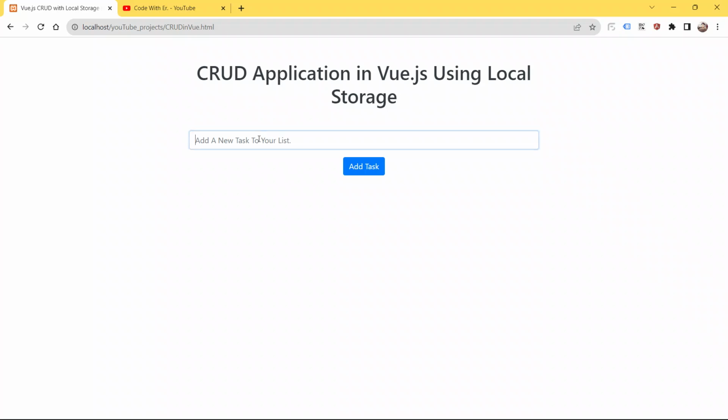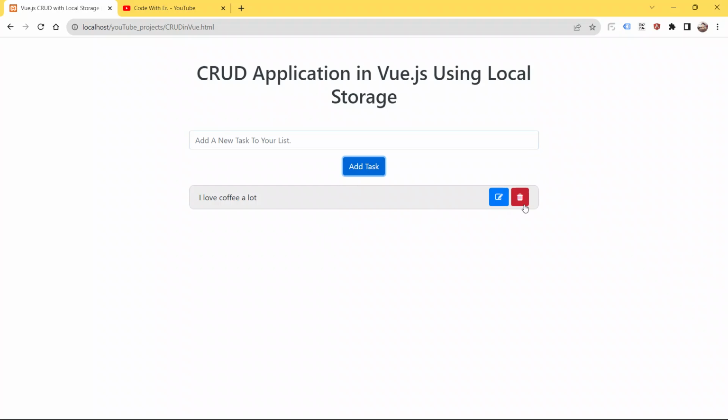So I am gonna add our first task. I will say I love coffee a lot. In order to add a task into your task list, we have to click the button add task. Now I am gonna click the button add task. See, boom guys, our first task got added into our task list. Here you can see two buttons, edit button and delete button.